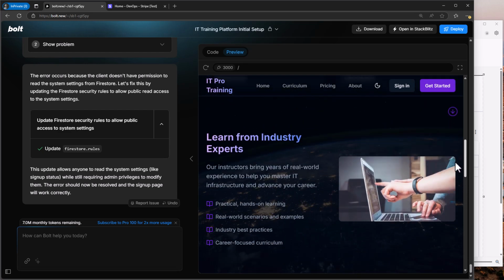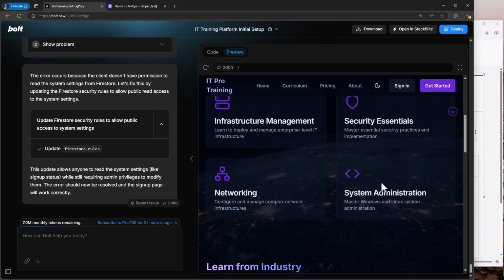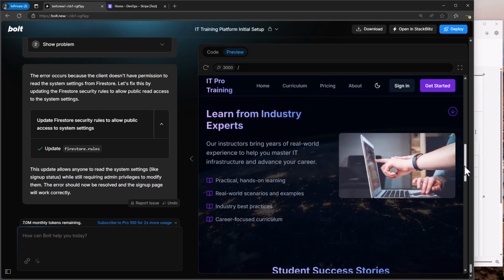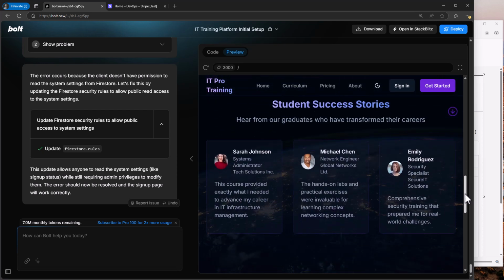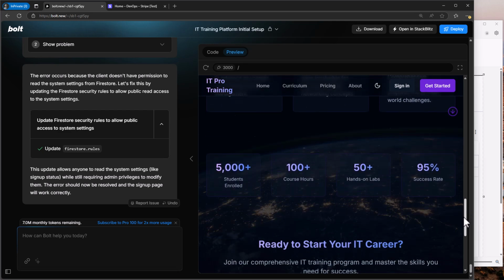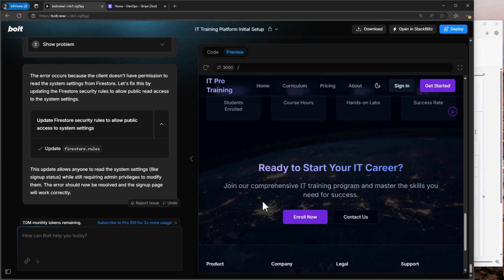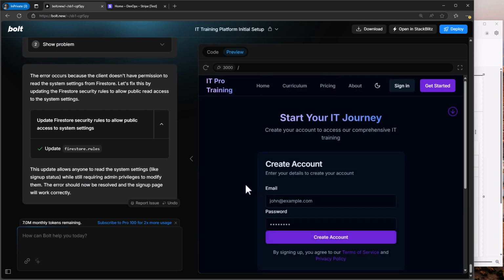And we have different cards of information, and at one point I did have these clickable, but I had it remove those from this page. And so there's just different sections here like student success stories, testimonials, the number of students enrolled in course hours, hands-on labs, success rate. And so if you're ready to get started, you can click on enroll now. That takes you to a place to create an account, and all this does work with the backend Firebase,